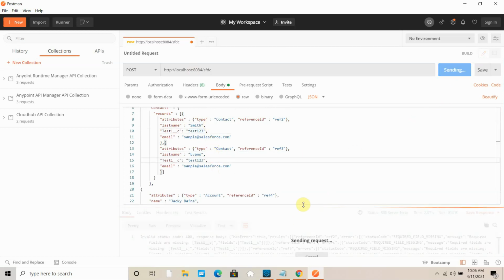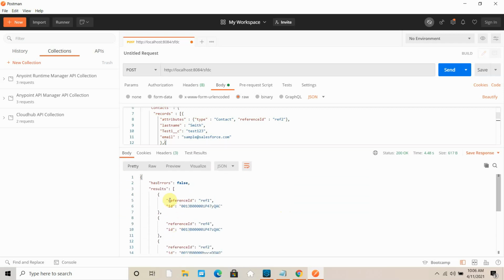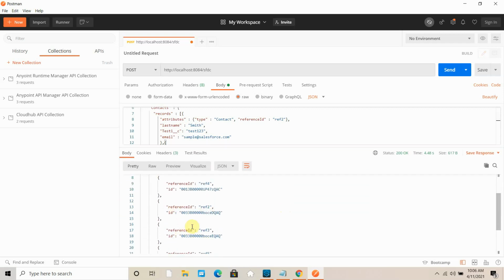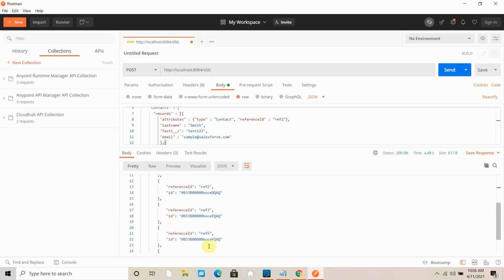Let's see what happens now. So we got a successful 200. Let me verify. We got ref 1, ref 2, ref 3, everything is successful. This is for ref 1, then ref 4, ref 2, ref 5. So we got the ID for each and every record.